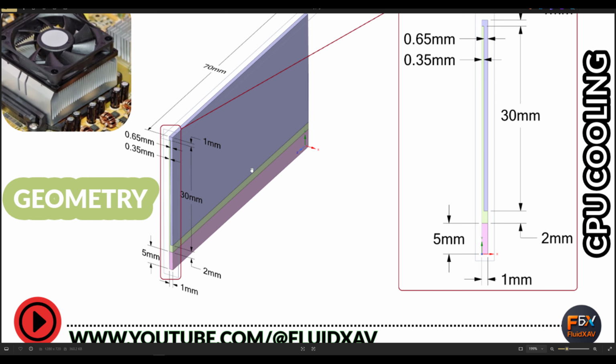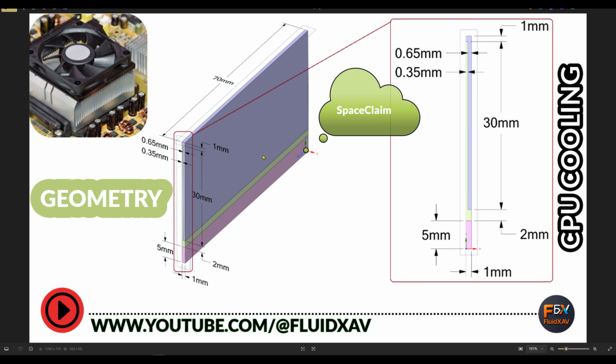The first part, as you can see here, is geometry generation inside SpaceClaim. As you can see, there are all details in this picture. So we will simulate a small part of this CPU, aluminum fins, and the air coming through this region. As you can see here, this is our CPU, and these are aluminum fins, and this is our fluid